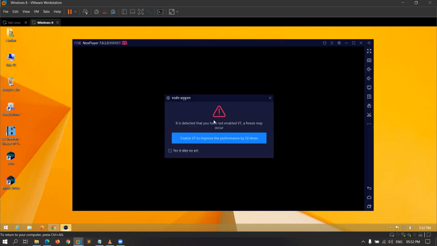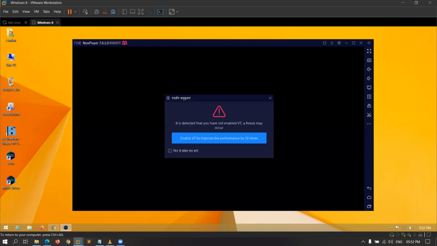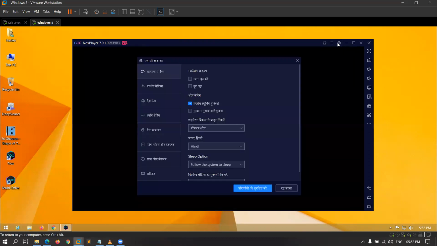So Nox has been installed, and you can see it says enable VT to improve the performance by 10 times. Okay. So let me change my language.